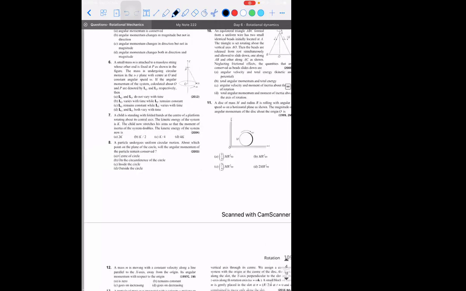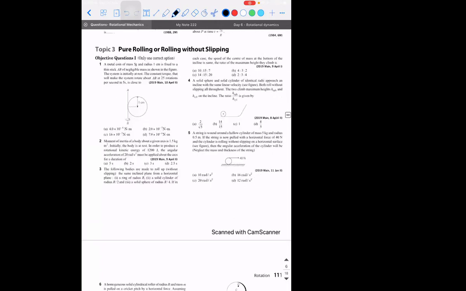Okay. So we'll go to the next topic, that is pure rolling motion without slipping. So pure rolling is also known as rolling without slipping. So either they will mention this or this. You should have both in your mind. But when this concept is given, what comes to your mind? The point of contact will be at rest. So many people, again I'm repeating it, just because there is the word no slipping, think that friction will not act. Friction will be there. But friction here will not oppose the relative motion. Rather, it will help the object to be in rotational motion. So have that point in your mind.